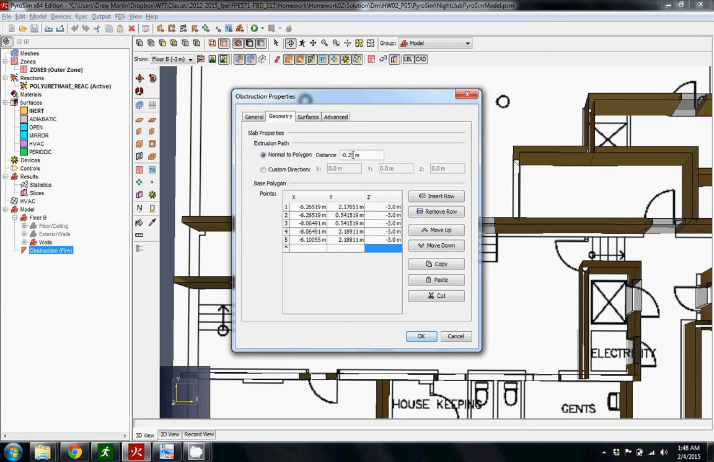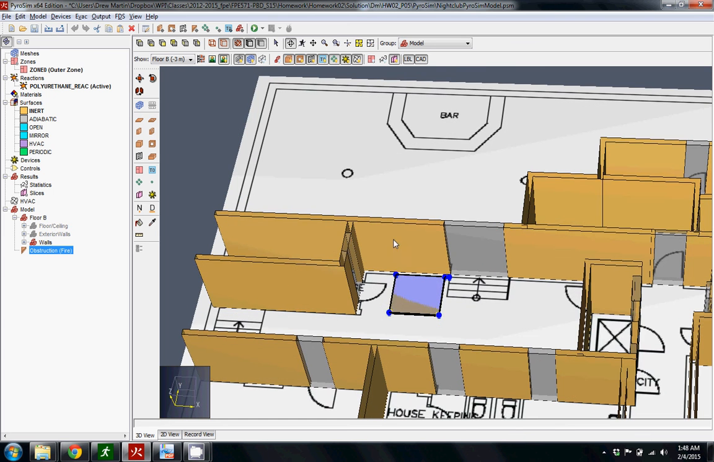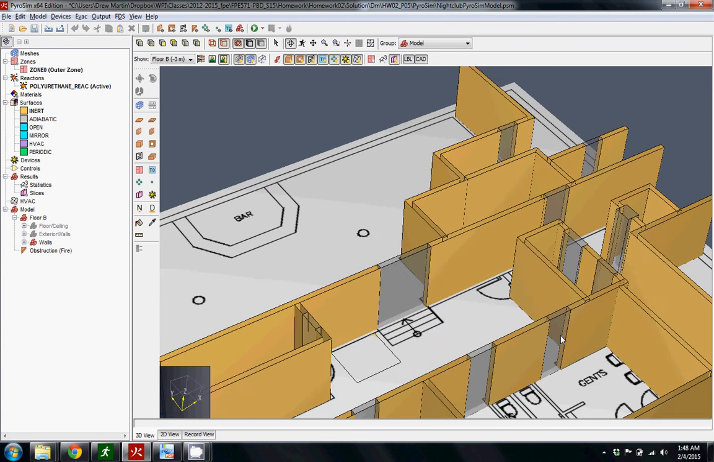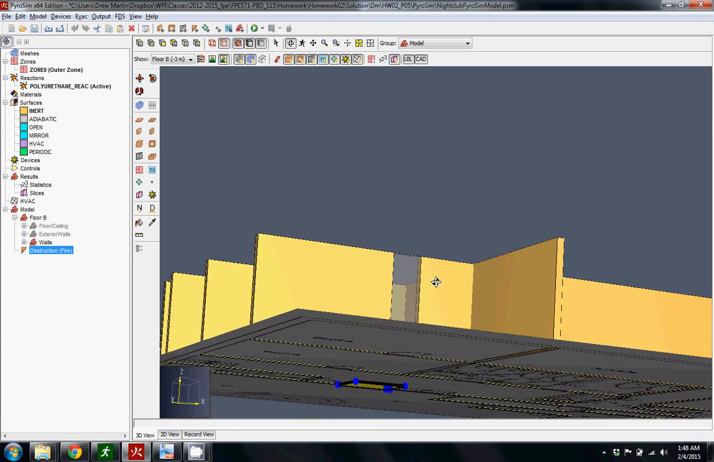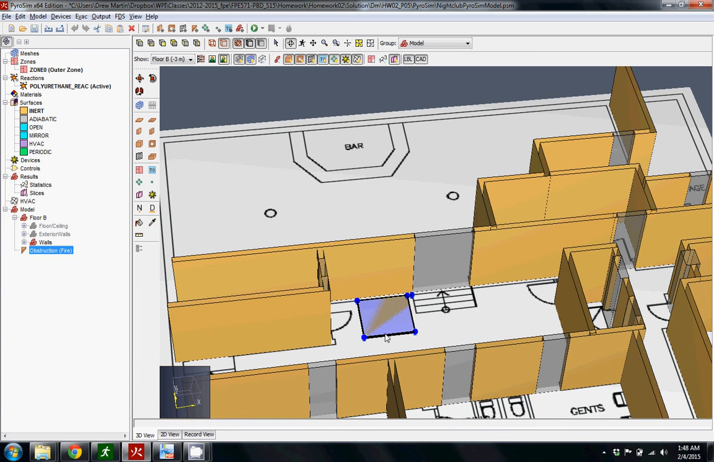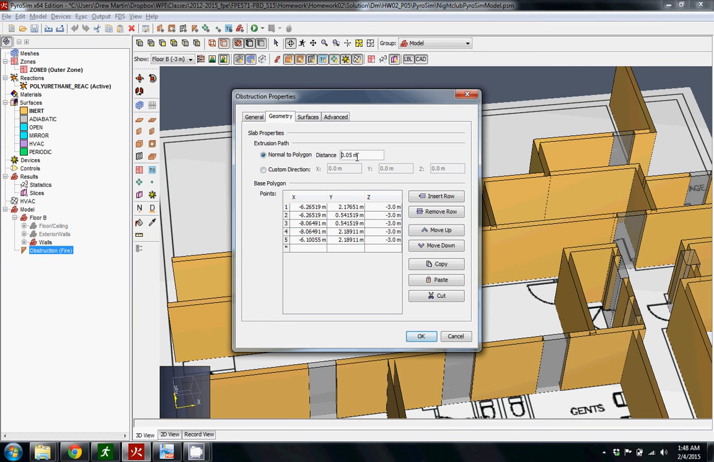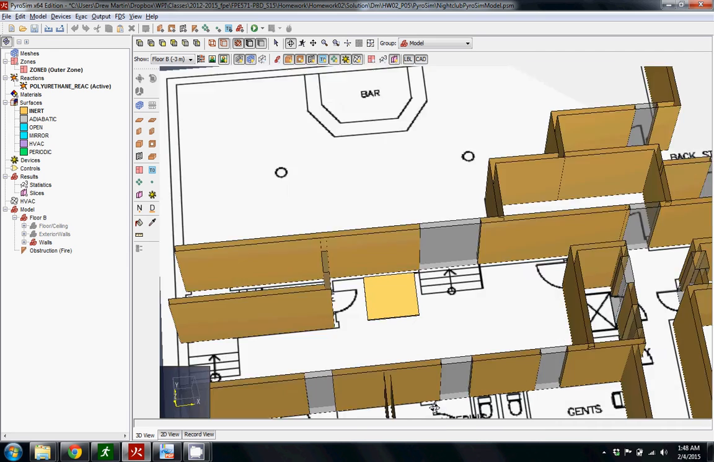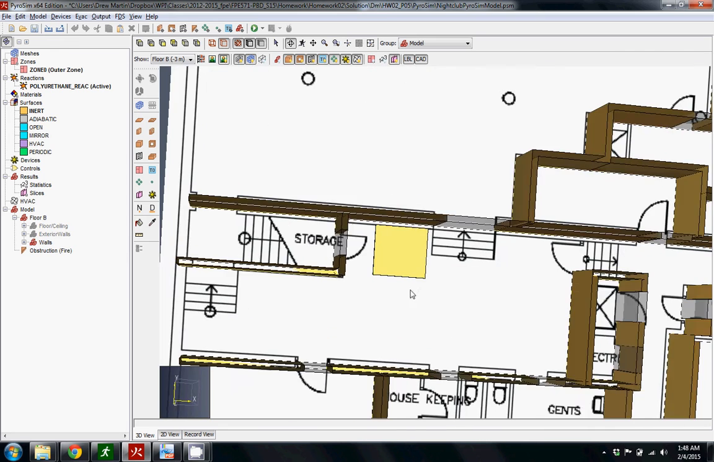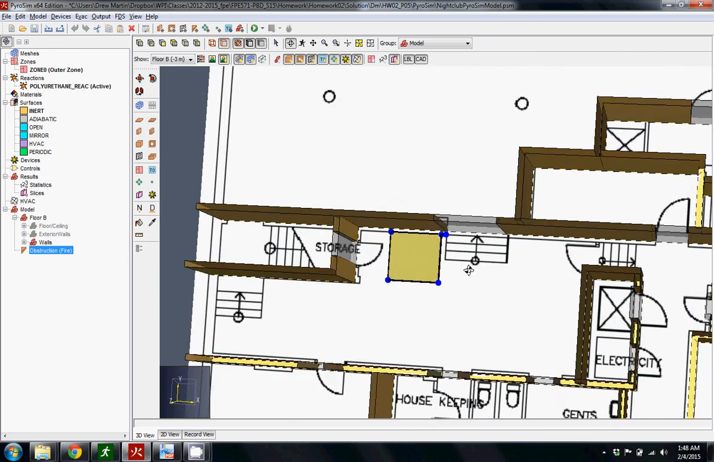I don't really need it to be this big. I'm just going to make it 0.05 off of the ground. Now when we look at it, it's still negative. So I'm going to make this negative, and that should change everything. Okay, right. Now we see that we have a small little obstruction here,